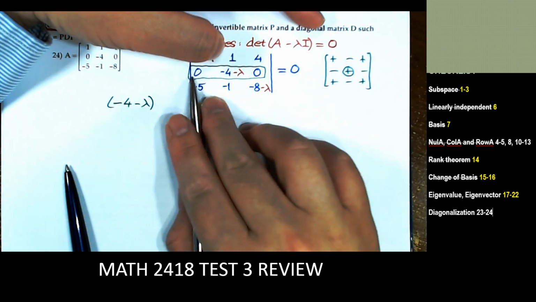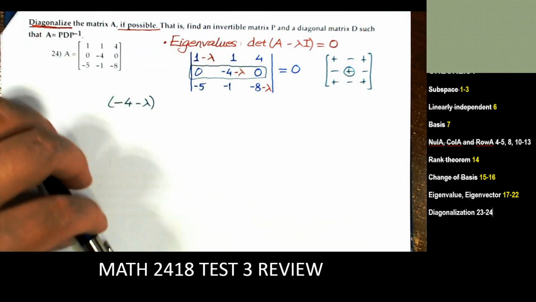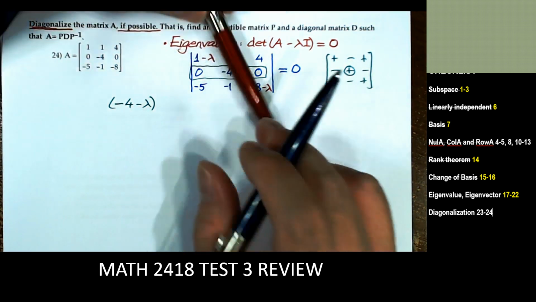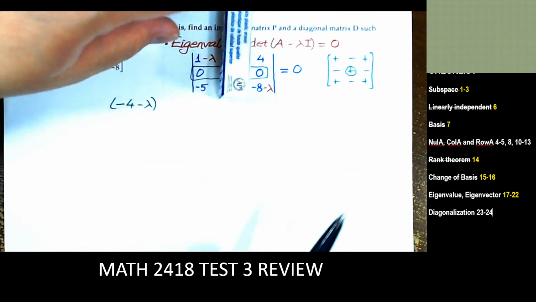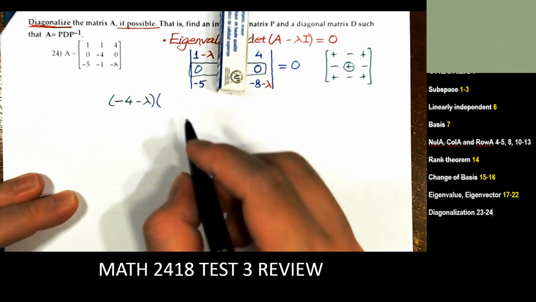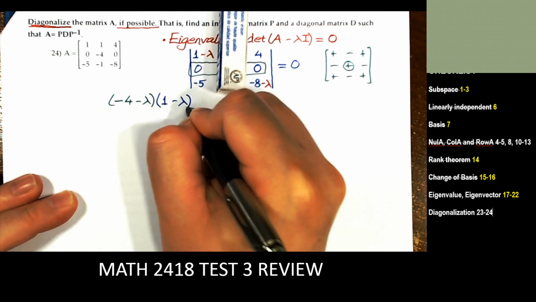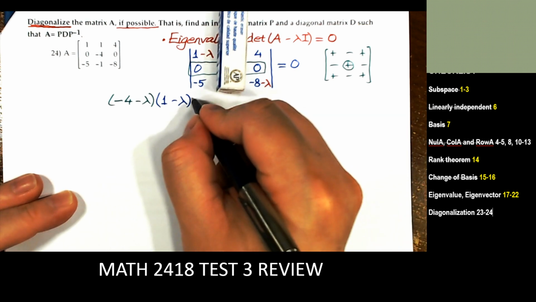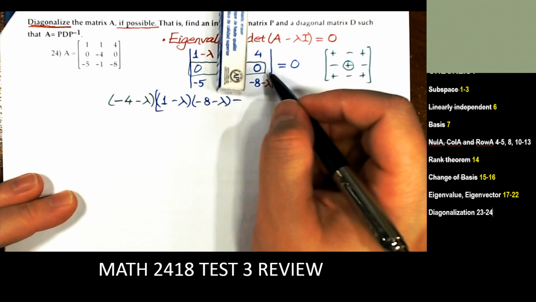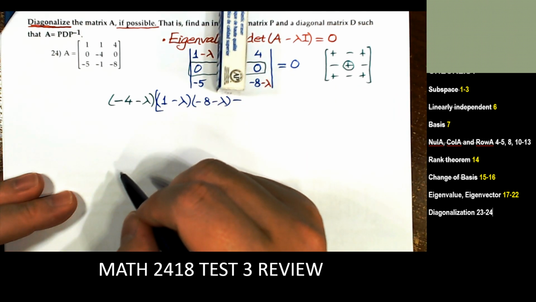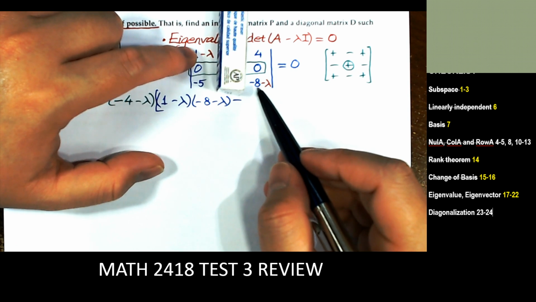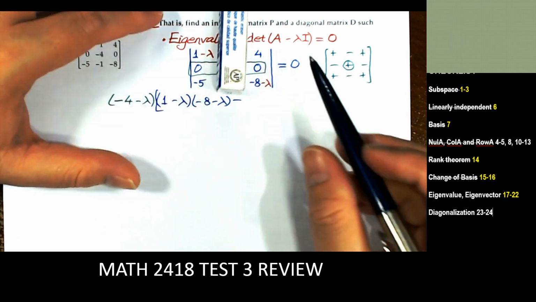So of course 0, we don't expand, we don't use 0 at all. Right, so now we cover the row and the column. What we're left with is 1 minus lambda times minus a minus lambda, subtract 0 times negative 5. Oh, sorry: 1 minus lambda times minus a minus lambda, subtract 4 times negative 5